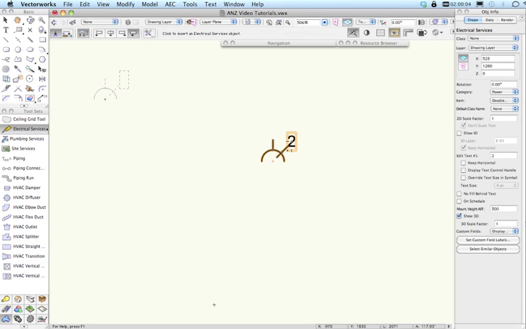So here's one that I've placed on the drawing, and most but not all of the symbols in these three tools are world based, and that means that they appear at the same size regardless of the layer scale. But you are able to alter the size of them if you need them to be just a little bit bigger using the scale factor here. So if I put 2 in there, then this is going to scale